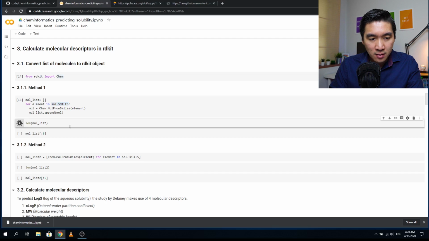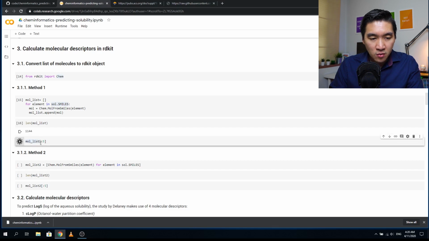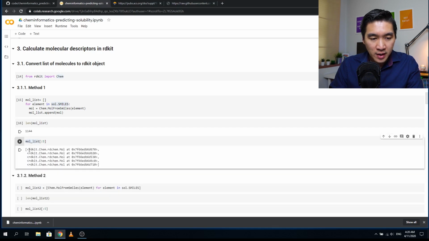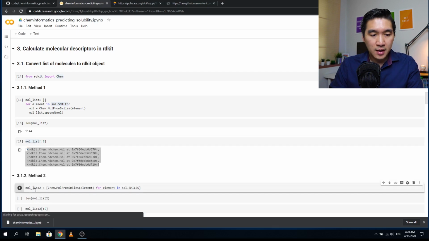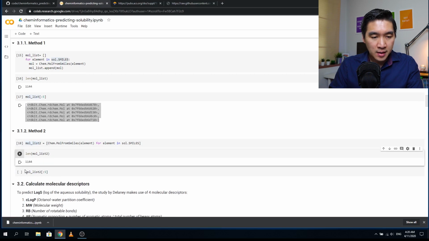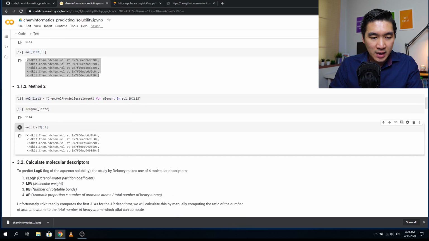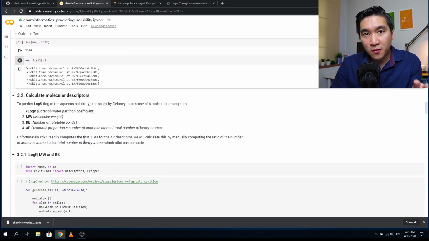Okay, and let's have a look. And so it has a length of 1,144, which is the same number as the number of compounds. And so let's show only the first 5. And so it will look like this. So you see that there are 5 RDKit objects here. Okay, and let's do it with method 2. And we're going to call it a slightly different name, mol_list2. And 1,144 compounds, and the object as usual. Okay, so now we have already converted the SMILES notation from the text form into the RDKit object form of